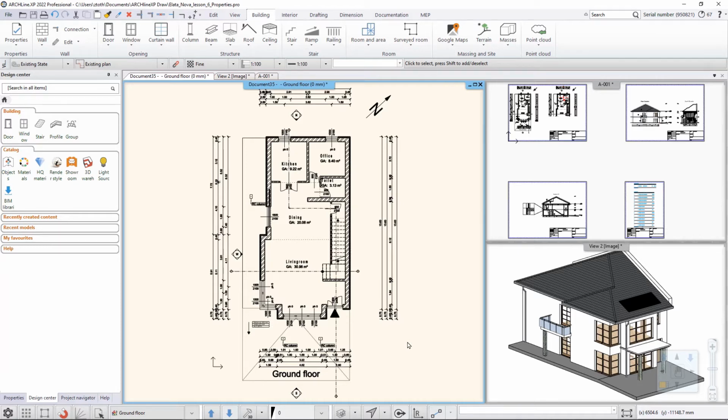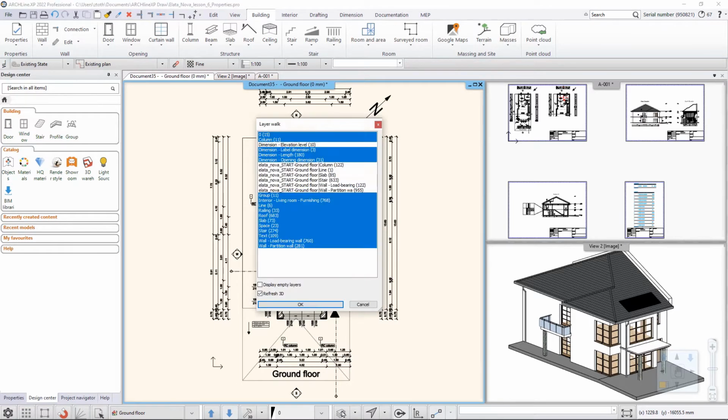If you would like to hide an item, as you know, you can turn off the visibility of a layer, but when you do that in 2D, it will also have an effect in the 3D. Let me show you what that means. If I go to the 2D layer settings, let me open up the layer list here using the quick layer walk tool. I can see that there are several layers that are not visible and layers that are visible. So if I turn off the visibility of the roof layer, making sure that I have the 3D refresh option turned on,